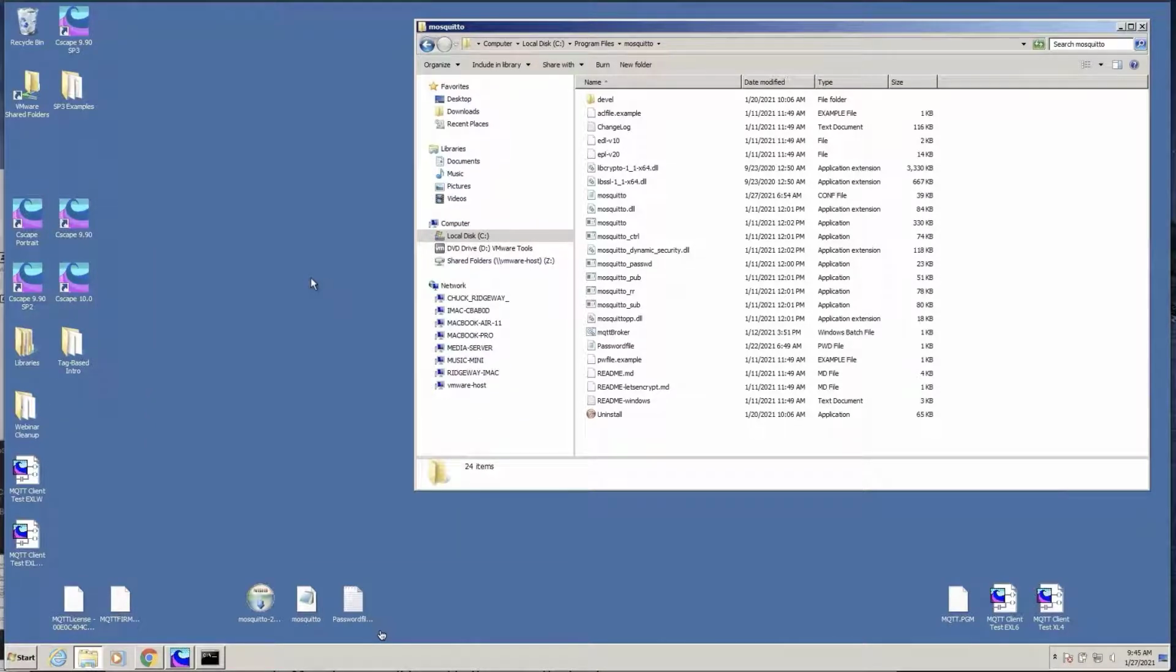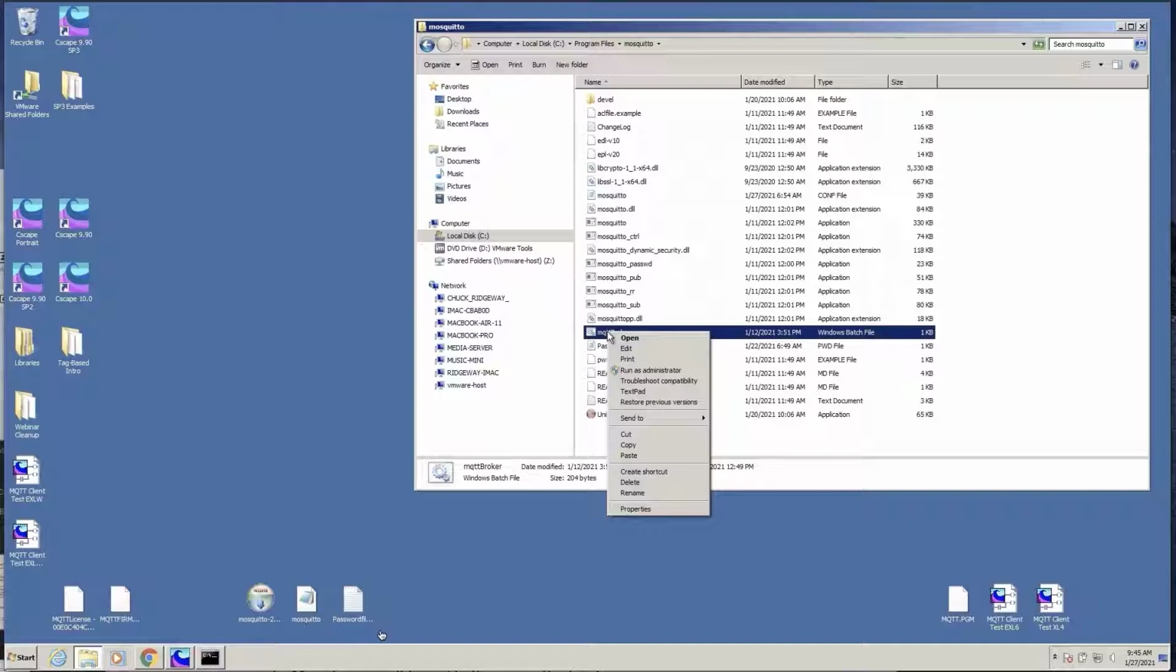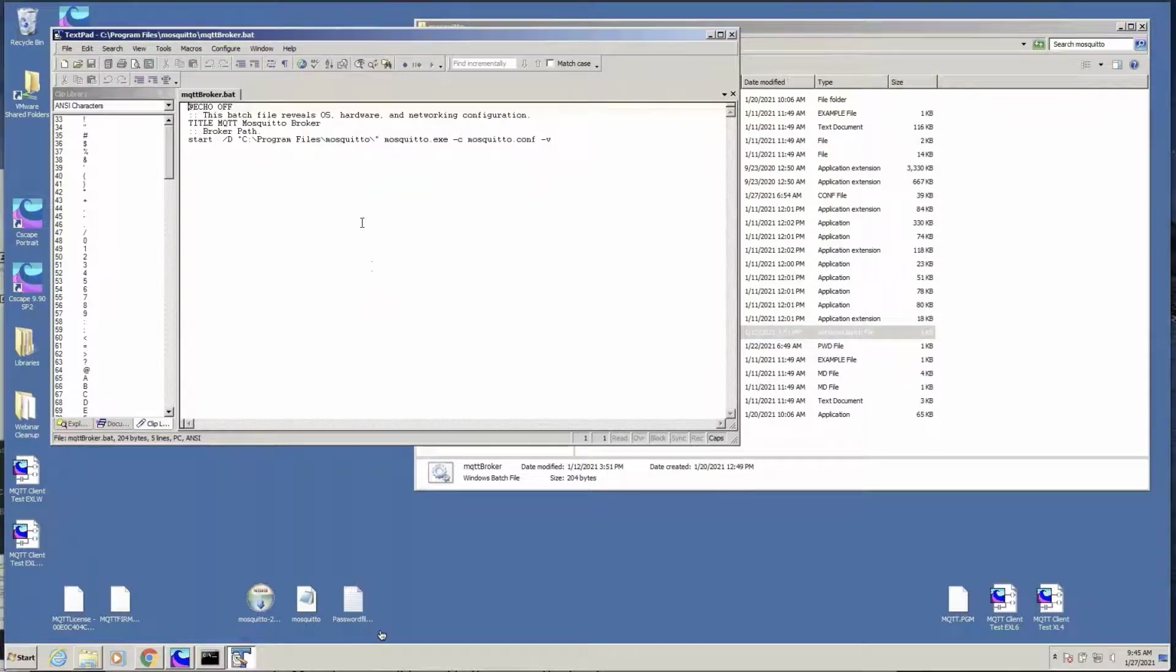Okay, the next thing I did was I got a little bit of advice from my engineering team that suggested that I create a batch file that would allow me to get a lot of extra diagnostic information whenever I load up and run Mosquitto. So they provided this batch file to me, which is really going to help with troubleshooting for sure. If you start it up and you're having difficulty with a setting or having difficulty getting it to run the way you want,